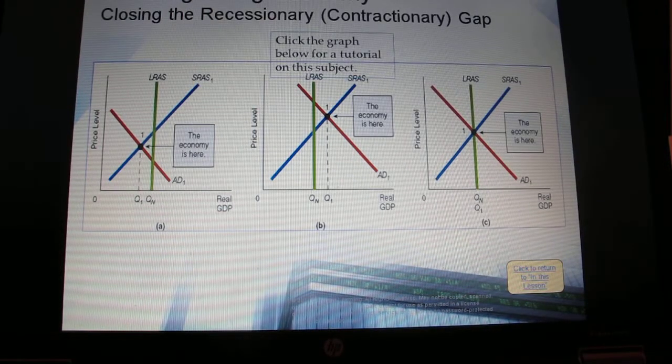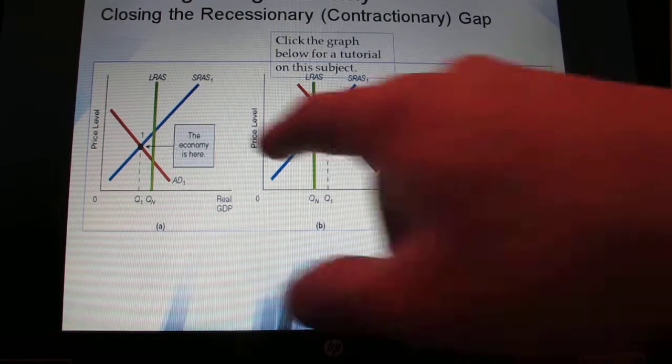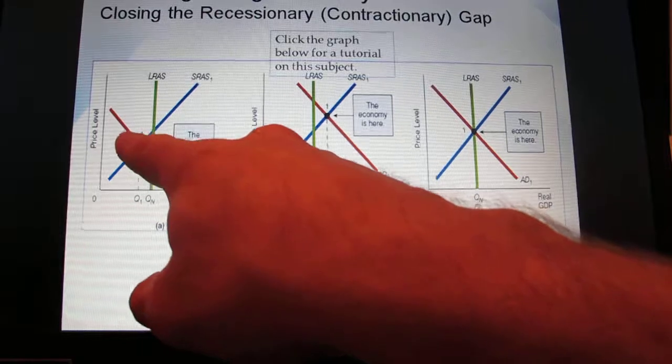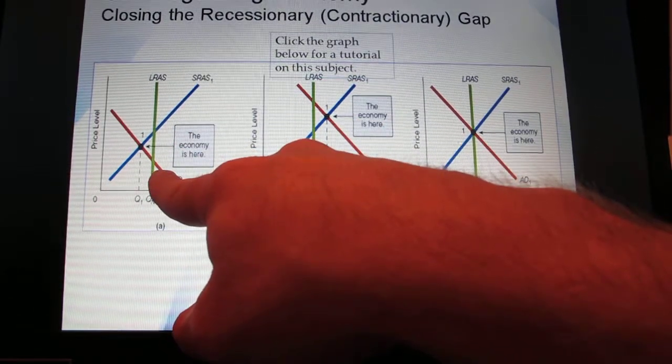Self-regulating economy. Once again, this is all about the self-regulators. What would they advocate if you were in this situation or kind of a recessionary gap? What would they say to